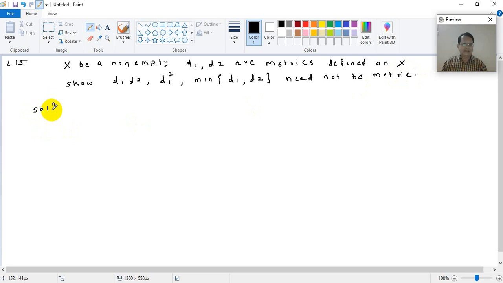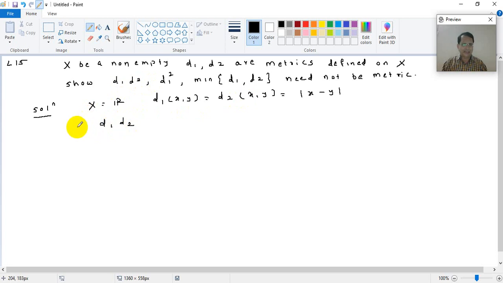We will try. So solution: what you do is, let X be equal to R, the set of real numbers. Then you can define d1(x, y), the first metric, and also d2(x, y), both of them we will take as mod of x minus y. This is the usual metric, and we know d1 and d2 are metrics on the set of real numbers. So what does it mean now? It means, if you talk about this d1 d2,